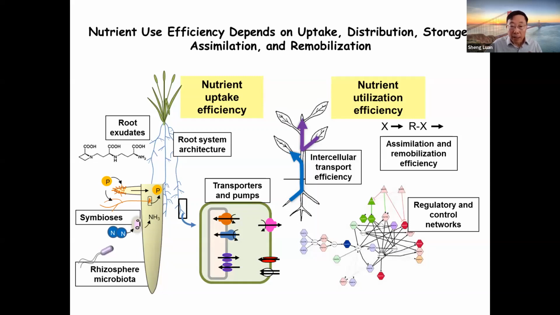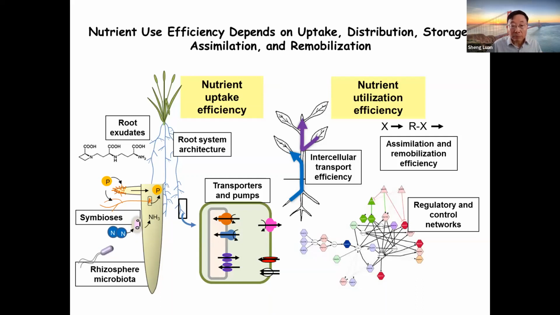Then you need reallocation, or distribution, of the nutrient to the different organs, like flower, fruit, and seed, right? So for perennial plants, at the end of the growing season, you need to redistribute, recycle the nutrient from the falling leaves back to the storage part. So all these processes entail membrane transport that involve a lot of transporters and pumps, and that very often hold the key or become limiting factors for nutrient